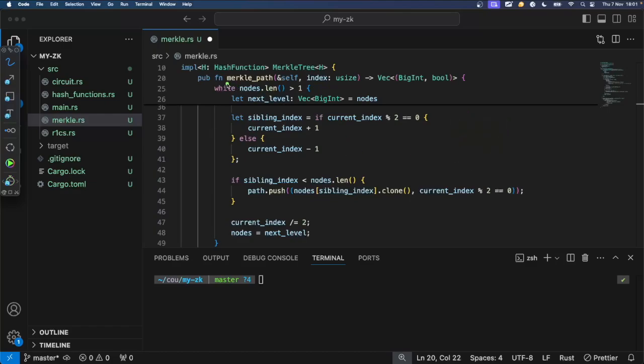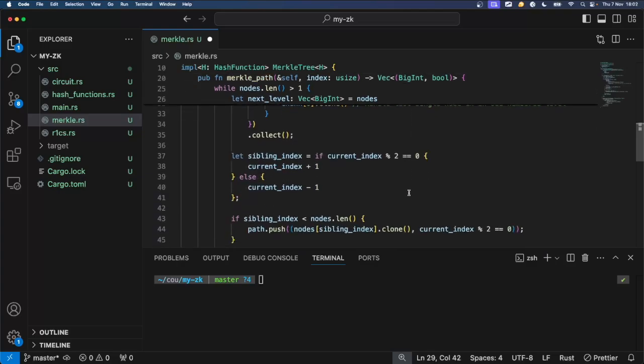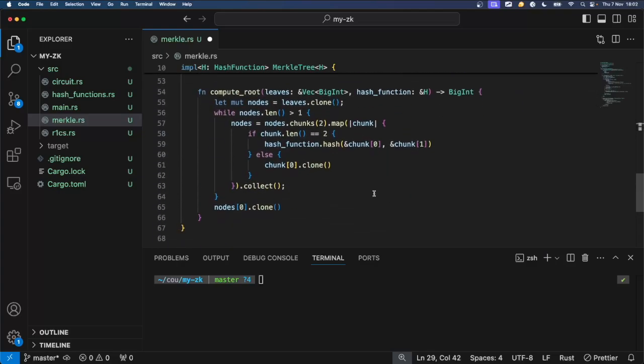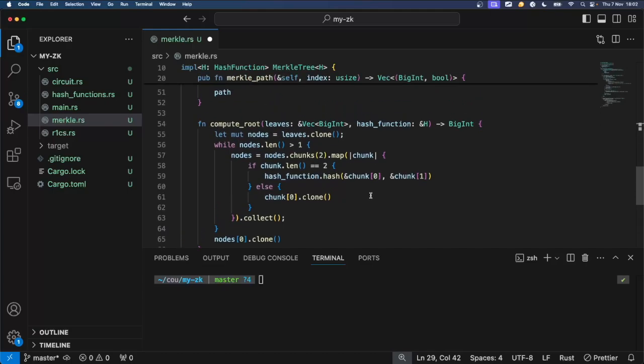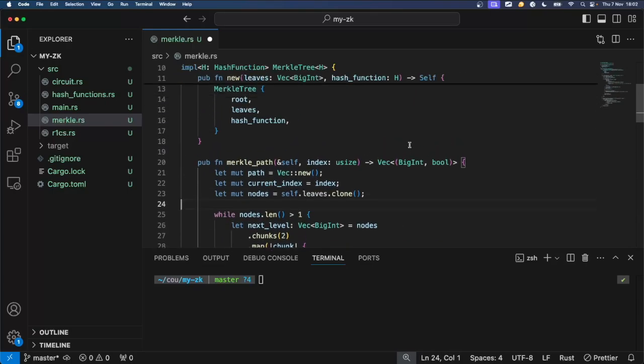You do that by defining the Merkle path, which is essentially the way from the leaf you want to prove all the way up to the root. And essentially this is a Merkle tree, very basically explained. You can also check this implementation later on. I won't get into much detail, so the video is not too long, but essentially it's a utility function we're going to use in a second